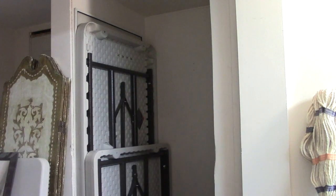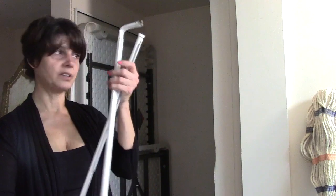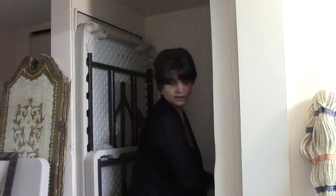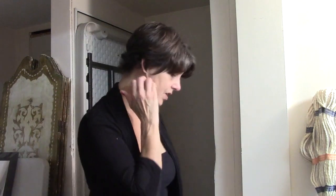I could do the same thing with the curtain rods. They can go right back there, out of the way. Great. All right, we're moving along here. Okay, now